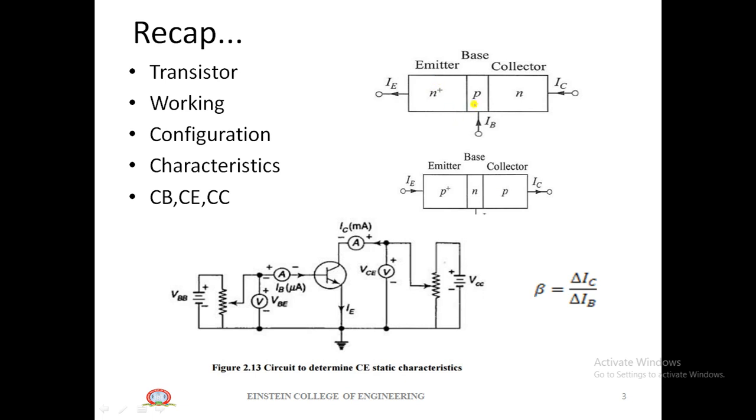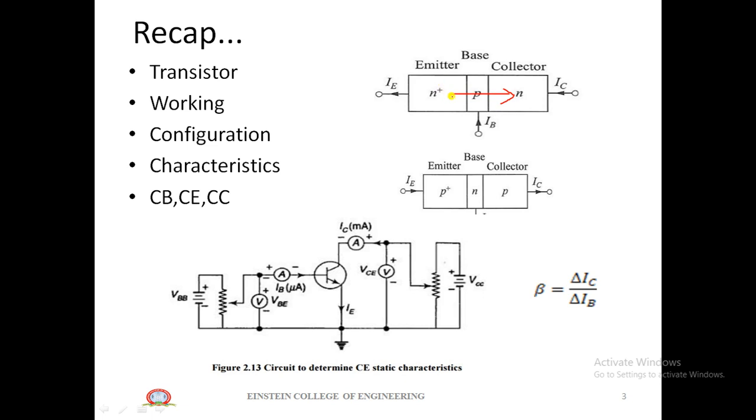When connecting emitter and base in the forward bias manner and base and collector in reverse bias, the electrons in the emitter will flow towards the base, and the base will have a small amount of current, and the remaining electrons in the base flow towards the collector. So the electrons from the emitter flow towards the collector through the base. That's how the transistor works.